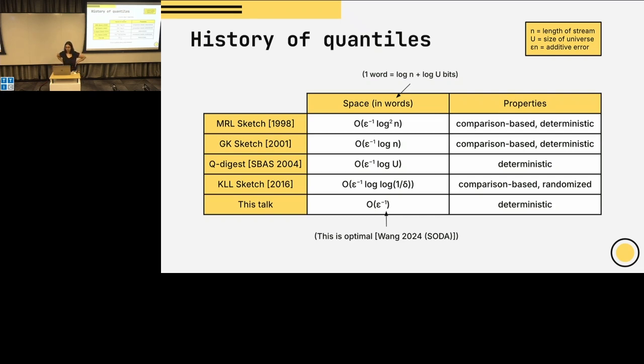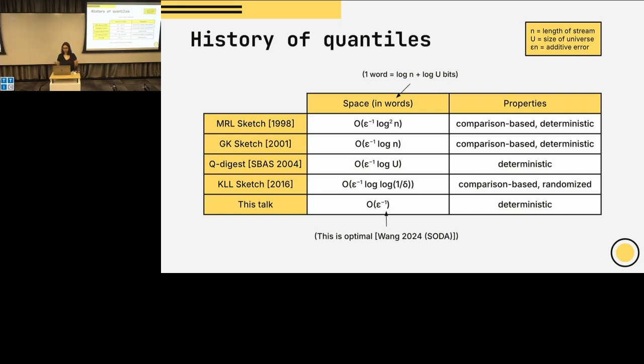Yeah, so if delta is 2 to the n or something, then this is sort of comparable to the others. But if you are okay with significantly smaller failure probability, it's probably reasonable to say failure probability should be at least polynomial, because you might want to answer quantile queries after every element and you want to get them right. Maybe you don't even need that guarantee, but if you want a poly n guarantee, this is significantly better than the other algorithms. Yeah, so anyway, the main purpose of this talk is to get an algorithm that achieves epsilon inverse words of memory.